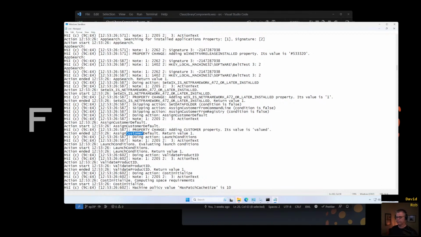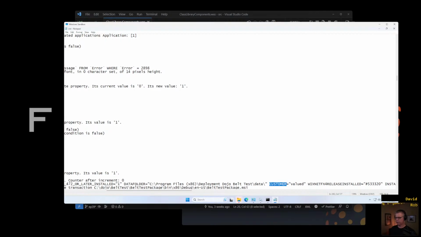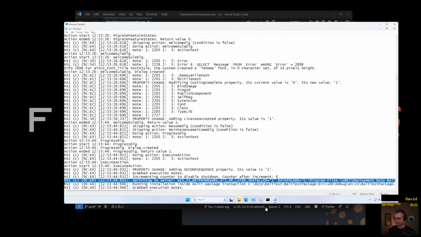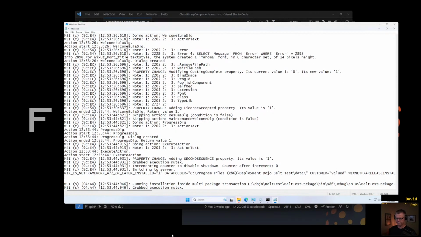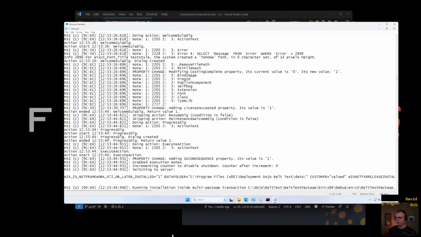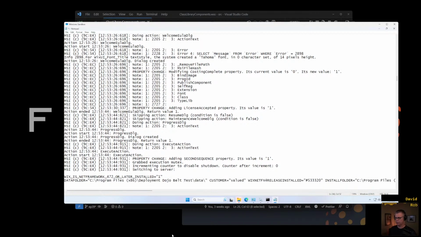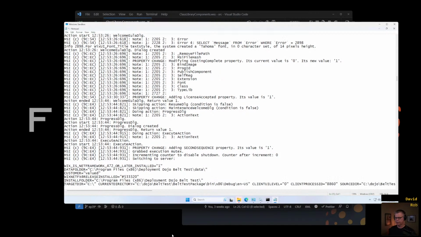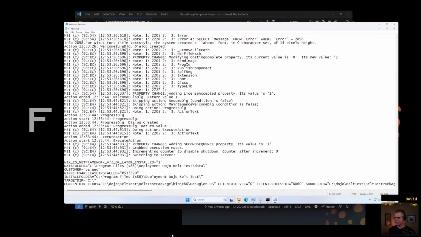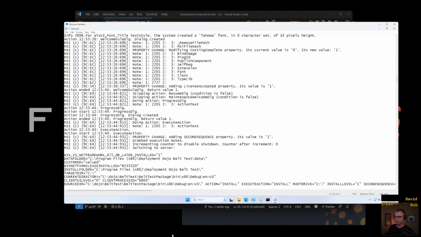Right. Okay, great. Oh, I have a lot of things looking for customer. All right, and now here we are switching to server. WiX is NetFX framework. I need to make some space here. By the way, I do this a lot in my log files as well. Taking log files and then tearing them apart is really useful because they get really big, and sometimes you're like, I need to explode this particular section out.